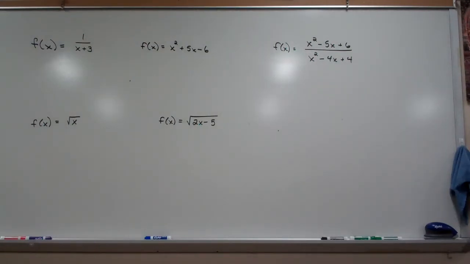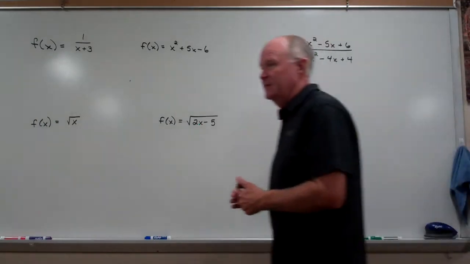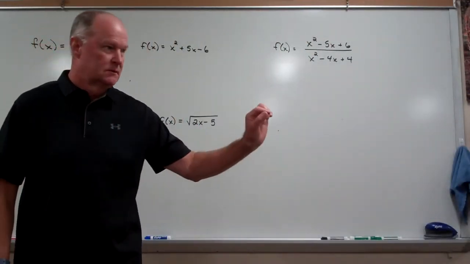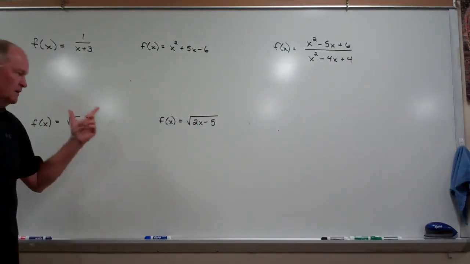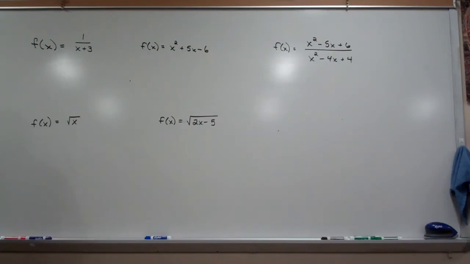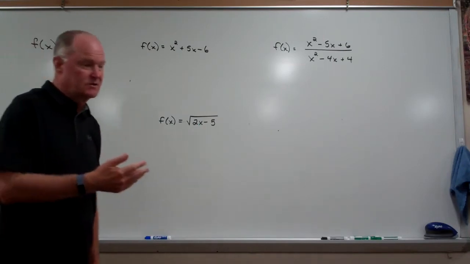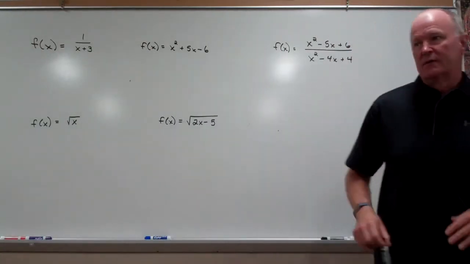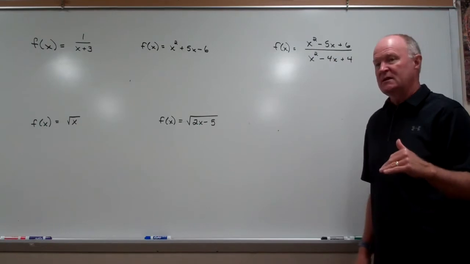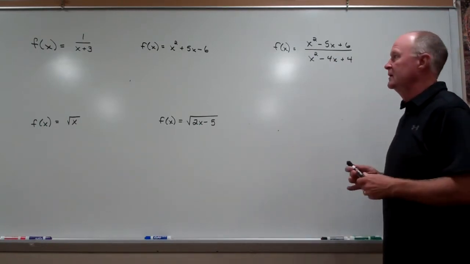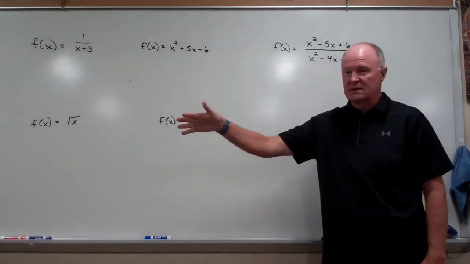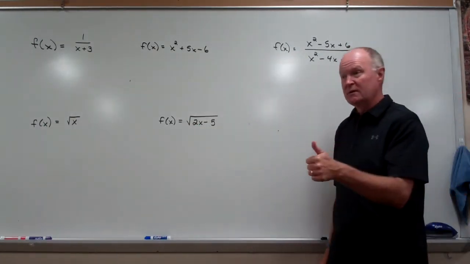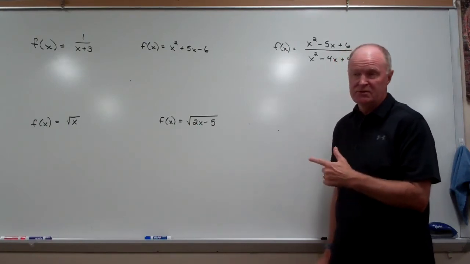The new stuff added today, because we're still going to worry about domain and range, but we're only going to worry about domain. When we go algebraically, the graphs go away. Finding the range is very hard, if not almost impossible. In calculus, when we analyze it, it's the last thing we do, and we've actually made a sketch of the graph to do it. And so the range, you might be able to, with some of our basic functions, come up with an idea. But for what we're going to do, we're going to just algebraically look at these and try and decide which numbers can I put in this function, or put in this machine, and not have it